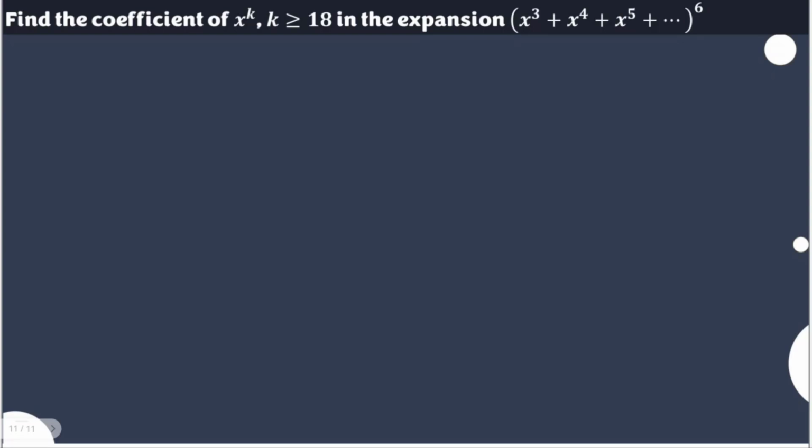For this video, we're going to identify the coefficient of a certain term x to the power of k, where k starts from 18 onwards on the given expansion. Same multinomial as in the previous video, different n, but at the same time, the unknown here is the coefficient of also an unknown term. In the previous video, that was exactly the coefficient of x to the power of 20.